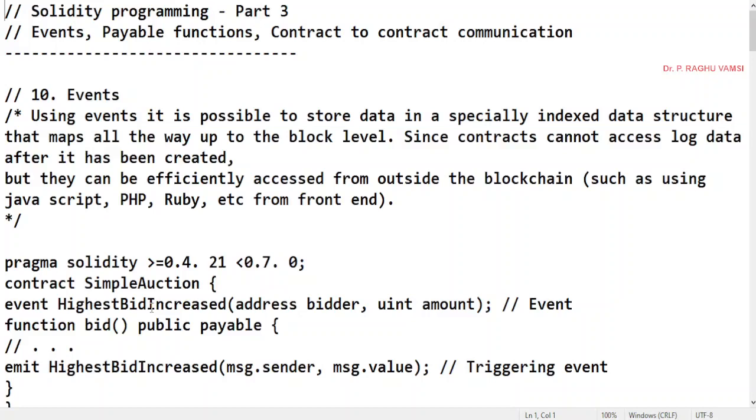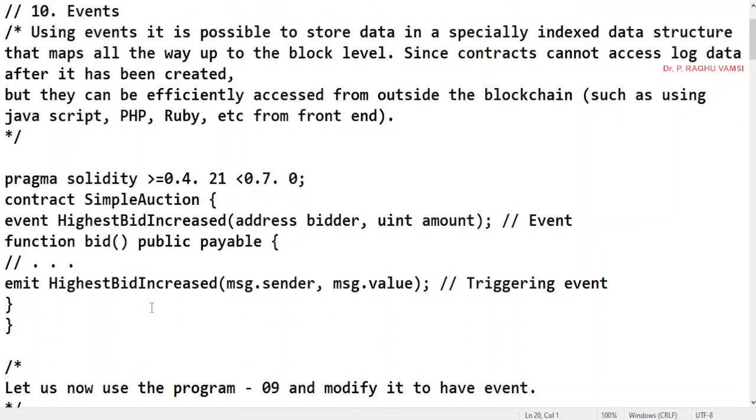This is an event actually. It must be reported onto the screen. So the event HighestBidIncreased, address bidder and uint amount. This is an event, so this should be recorded as an event.